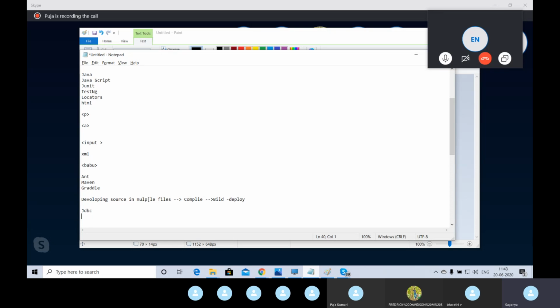But if you use Selenium, it won't cover the back end testing. It will cover only the front end test cases. So in order to achieve the back end testing, we are going to use JDBC. It is a separate API in Java, a part of the Java component which will trigger the SQL query to the database, get the response, and provide the response through Java programming. You got it? So this is the reason we are going for JDBC. Otherwise, if we are not using JDBC, then we cannot perform a backend validation. Clear?